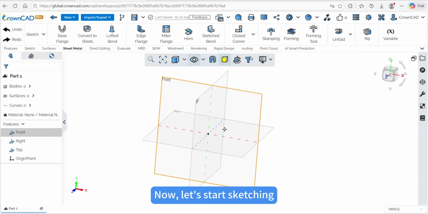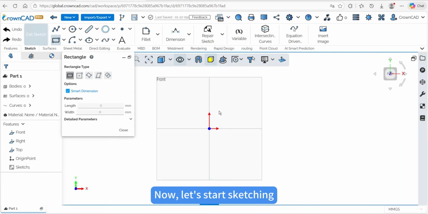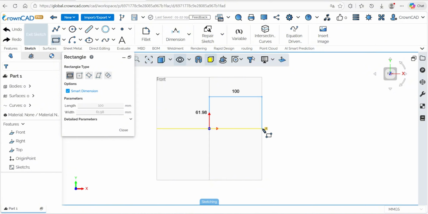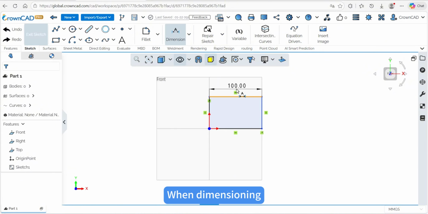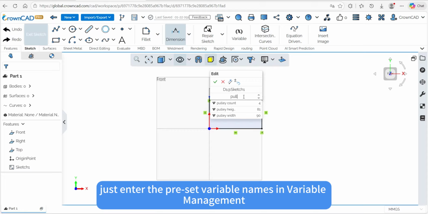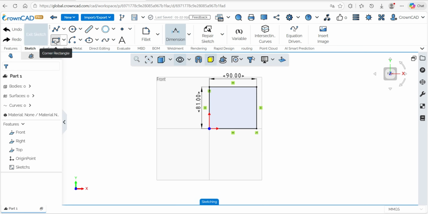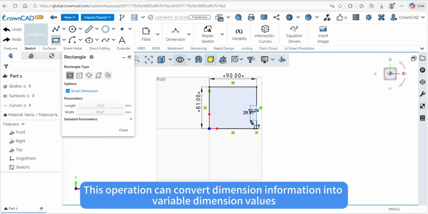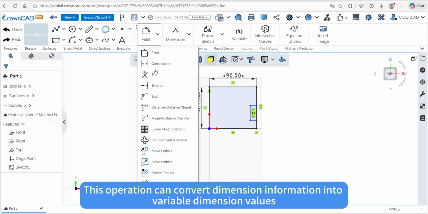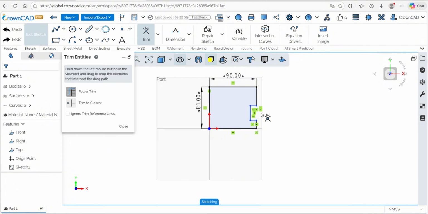Now, let's start sketching. When dimensioning, just enter the preset variable names in Variable Management. At this time, the variable values will be automatically imported into the corresponding dimension values. This operation can convert dimension information into variable dimension values,